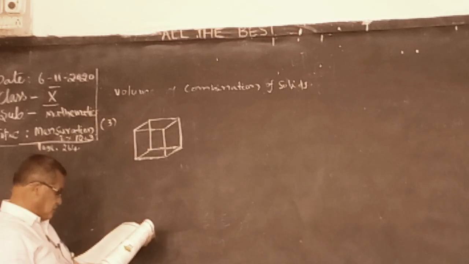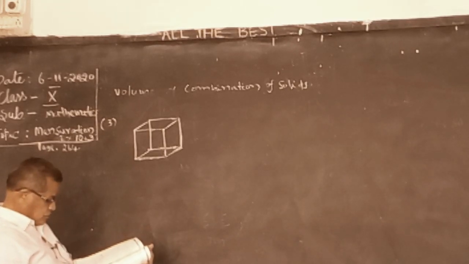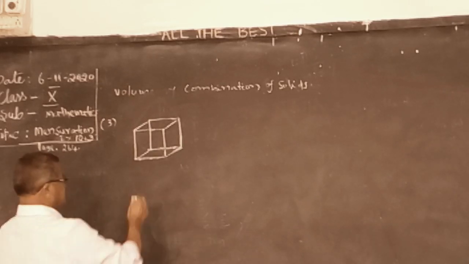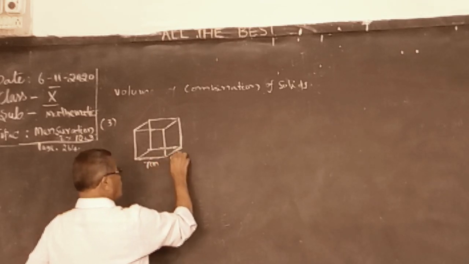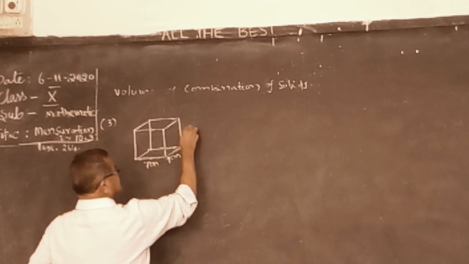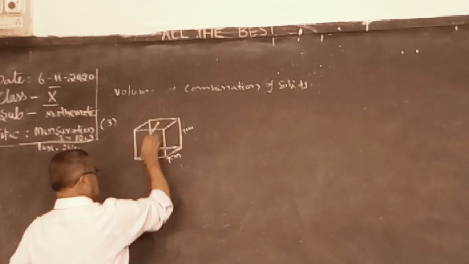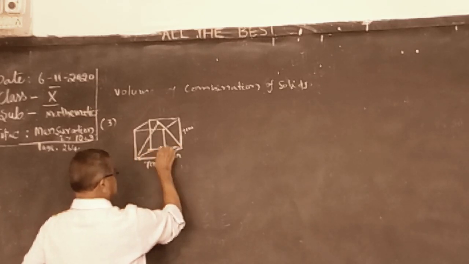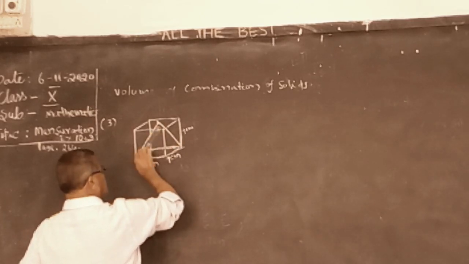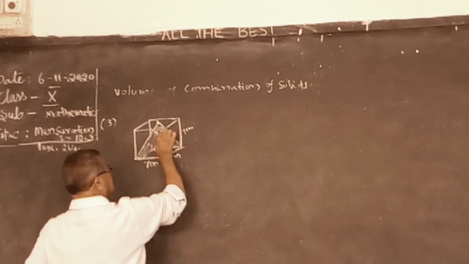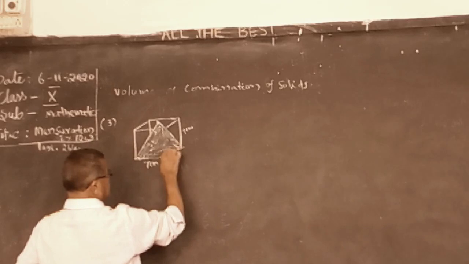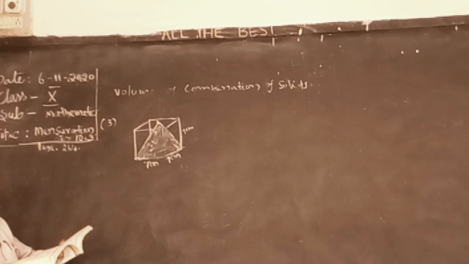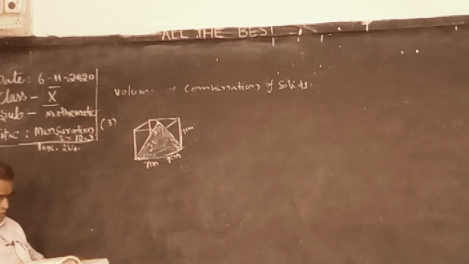Now, from this cube, with side given 7 centimeters, we cut a hole, 7 centimeters. Draw the hole like this. So this is the cone. The cone is cut out from the cube like this. See, find the volume of the largest circular cone that can be cut out.